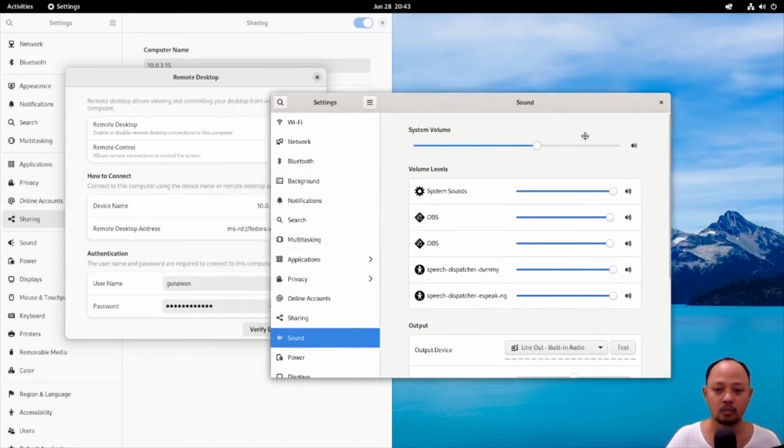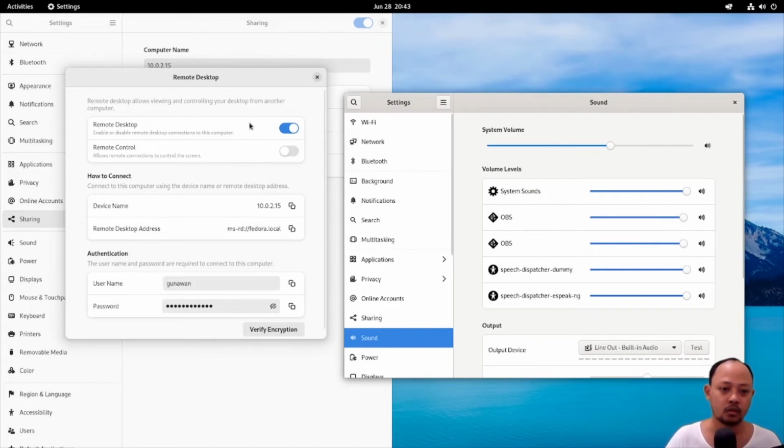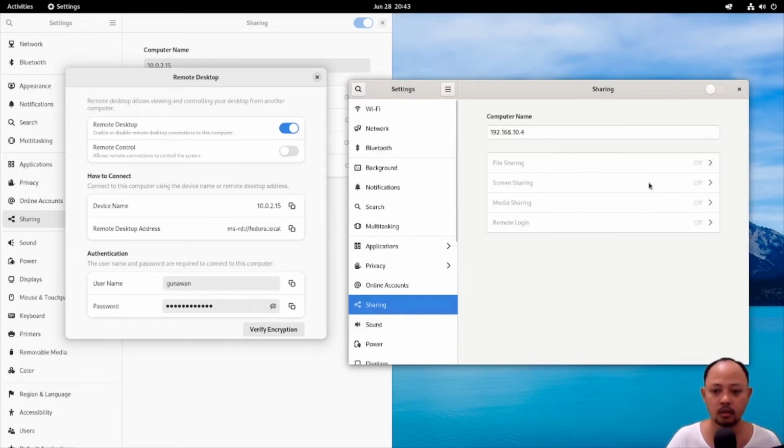This is the settings page of my Fedora 35, and this is the Ultramarine settings page. Okay, let's go to sharing, and as you can see here, there's no remote desktop, only screen sharing.